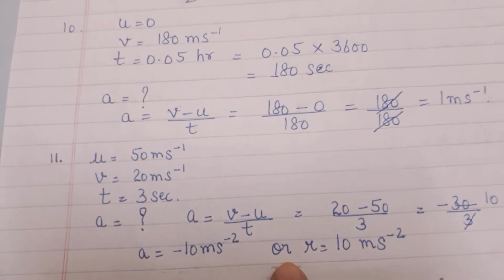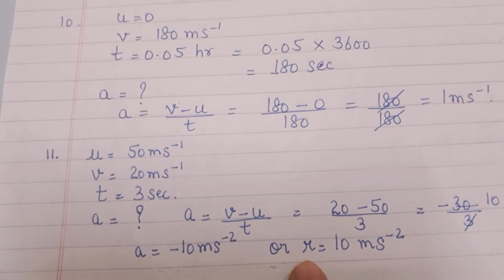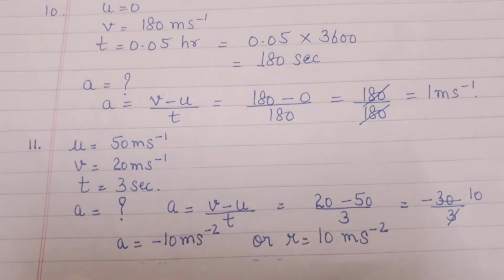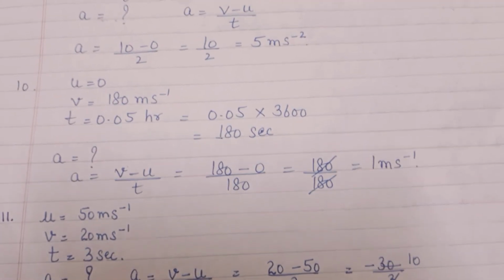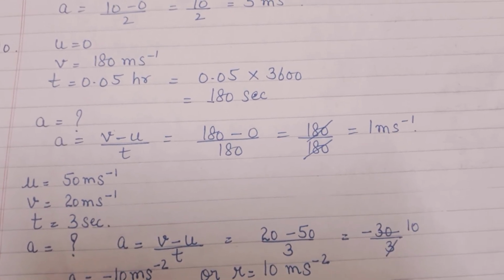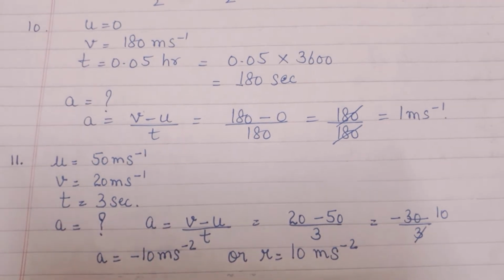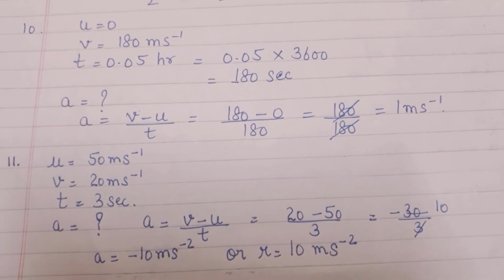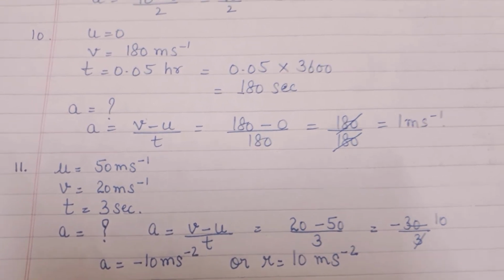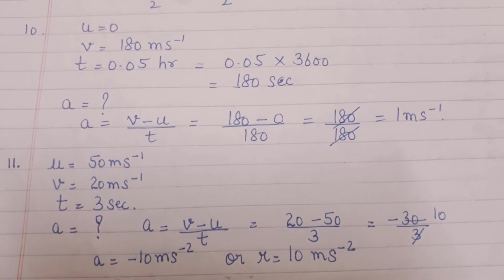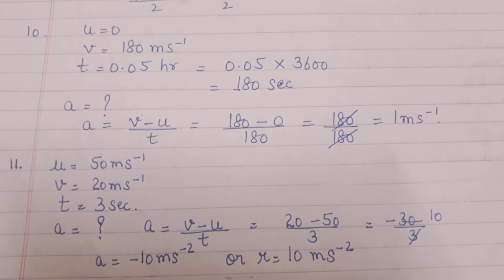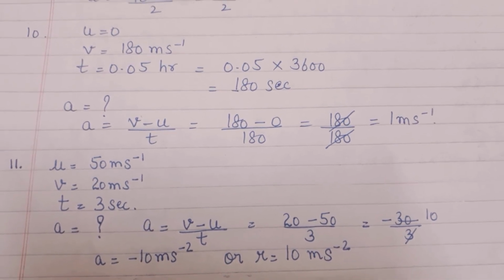Okay. So with this, I have solved 11 numerical problems for you children. What I want you to do is go through these questions and also try to solve them on your own, all the 11 numerical problems, and the remaining numerical problems, that is from 12th to 16th. I want you to try it on your own, and I'm going to take up your doubts in the interactive class, and also in the next class I will discuss the remaining questions, that is 12th to 16th numerical problem, which you will be working out or trying to work out on your own.